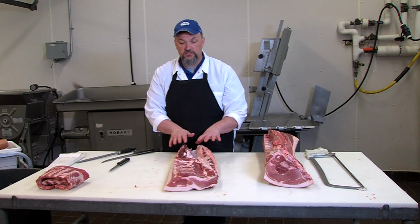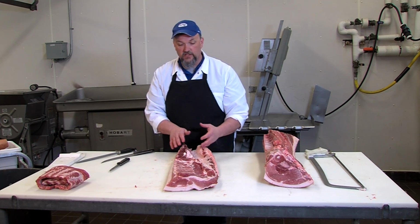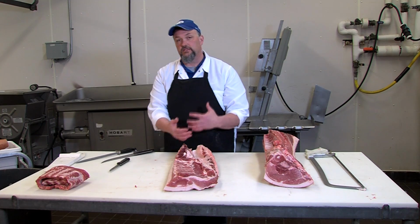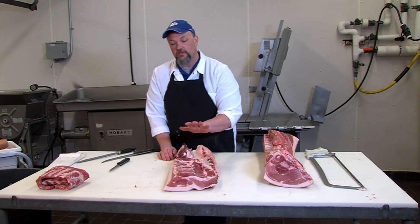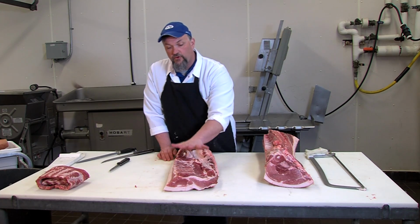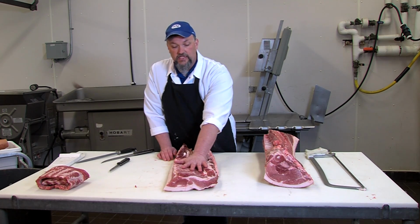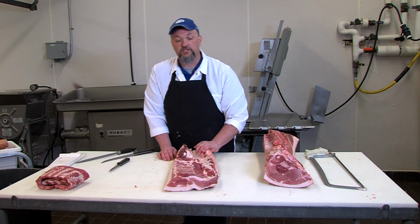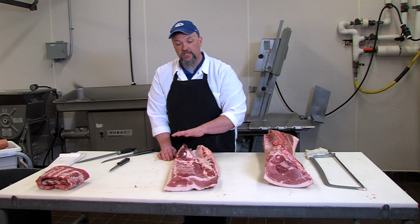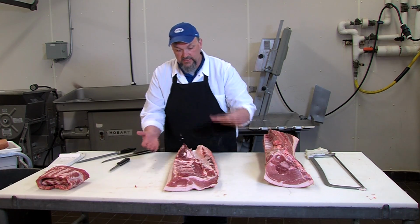This is why researchers at the University of Kentucky, as well as researchers throughout the country, when we start altering the pig's diet, always pay attention to what's going on with this particular cut, because if we're going to see fat quality issues, they're going to show up in the belly first. And since the belly is a prized commodity off of this particular animal, we want to make sure that we're not altering the fatty acid profile, so that when the bacon goes through the pressing and the slicing,